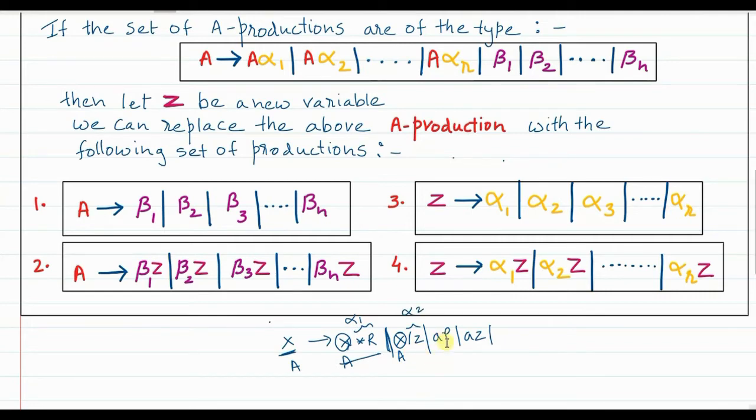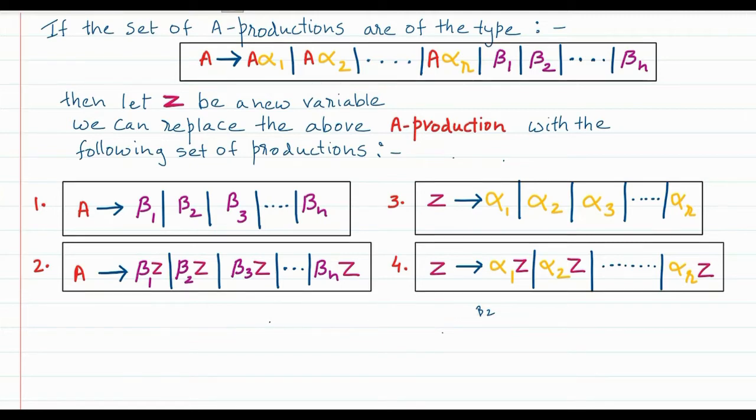Okay, and now you consider this term. Is it beginning with X? No. Since it is not beginning with X, even this term does not begin with X, it will not be A alpha 1, A alpha 2 type, it will be beta. So the whole term AP will be considered as beta 1. This whole term will be considered as beta 2 and so on. Okay, so this is roughly how we are going to find out, and we are going to consider the productions when we are dealing with the lemma.